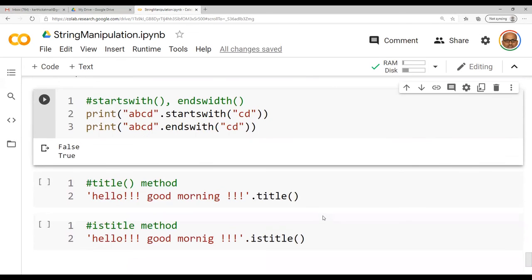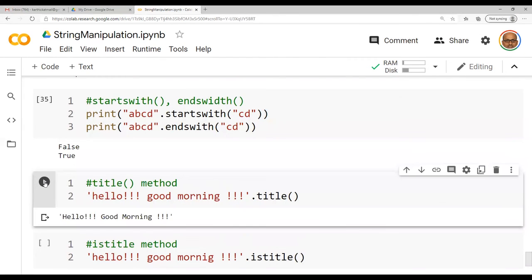Moving on to the last two functions. One is the title function, and another one is istitle. Now let us run this code. String dot title changes all the first characters into caps.